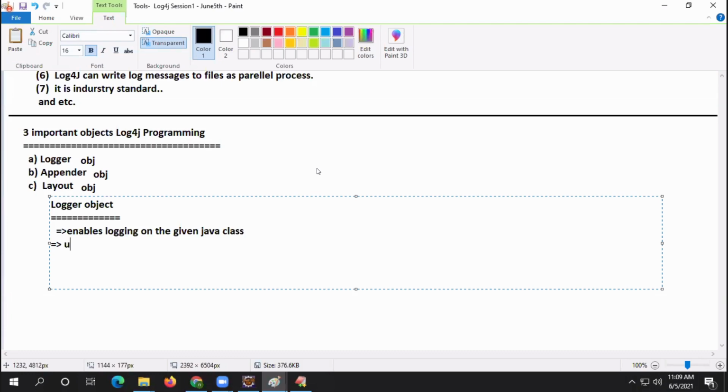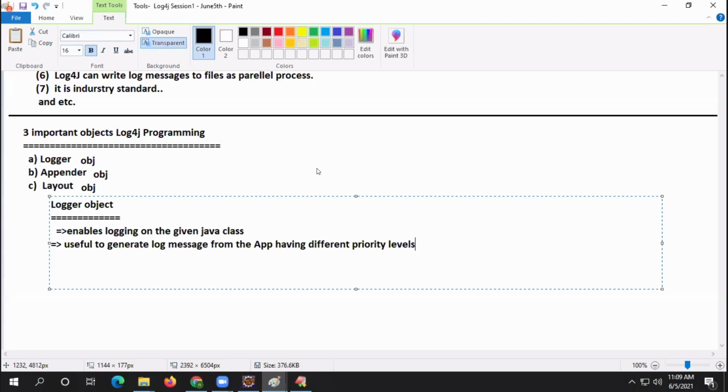Useful to generate log messages from the application having different priority levels. Okay, guys, different priority levels.